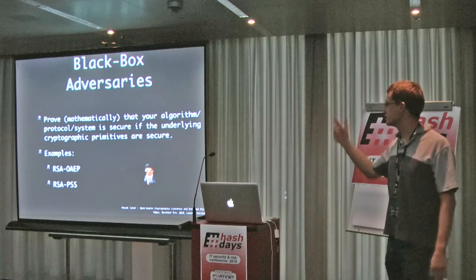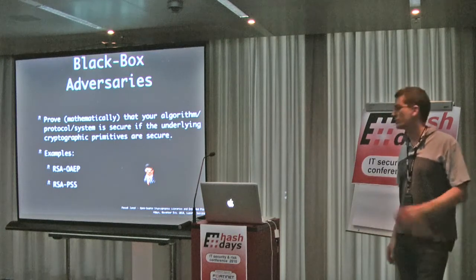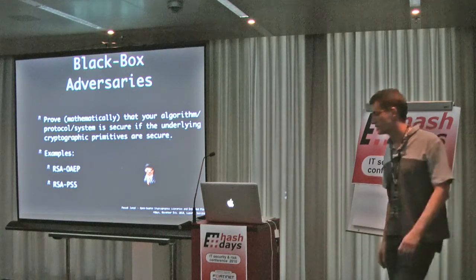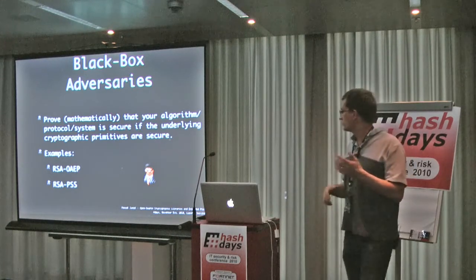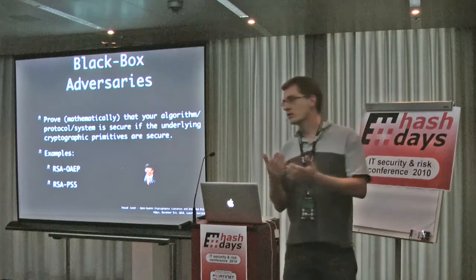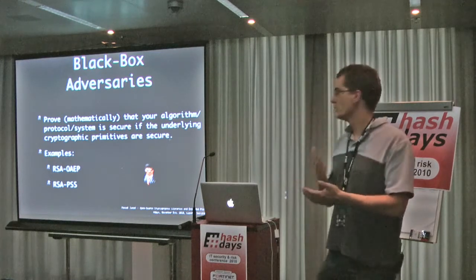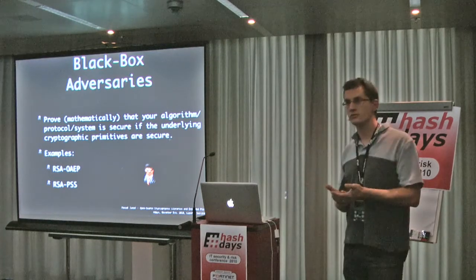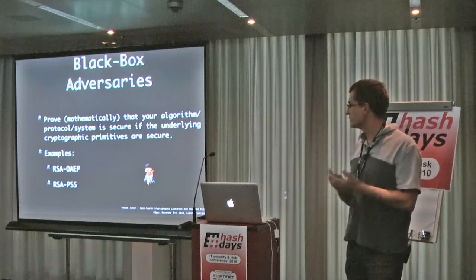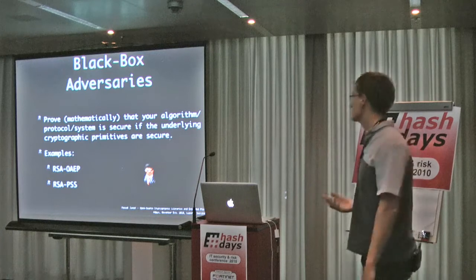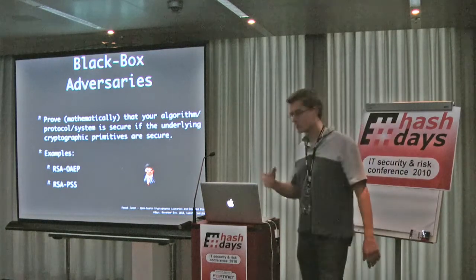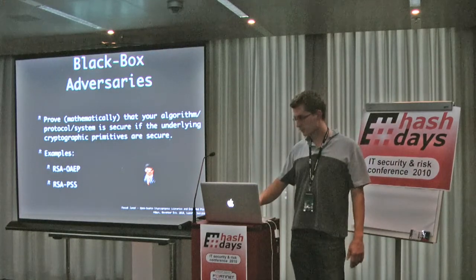And this is a typical example of RSA OAEP for RSA encryption and RSA PSS for signature, where we are able to say if it is difficult to factorize, then my signature scheme will be strong. If it is difficult to factorize, then my encryption scheme will be solid. There is always this if, but this is another story.